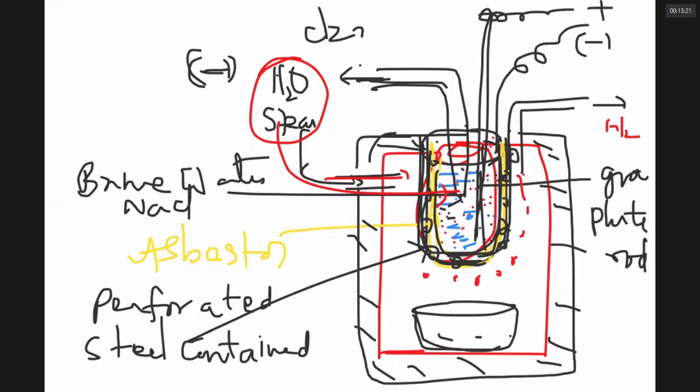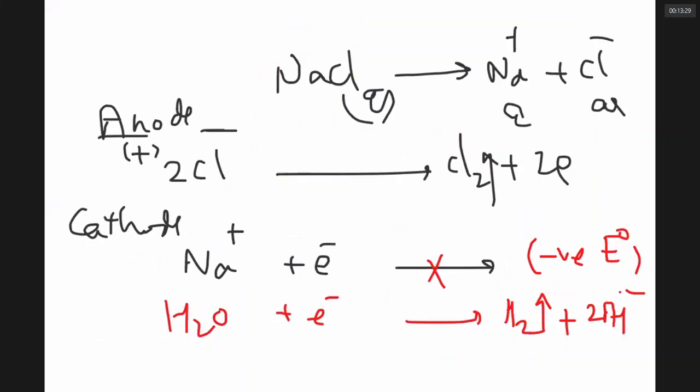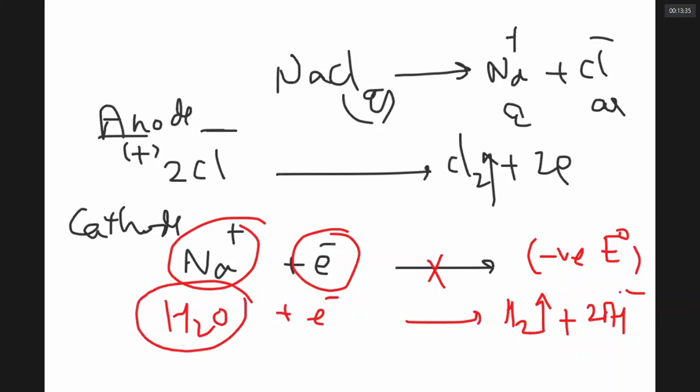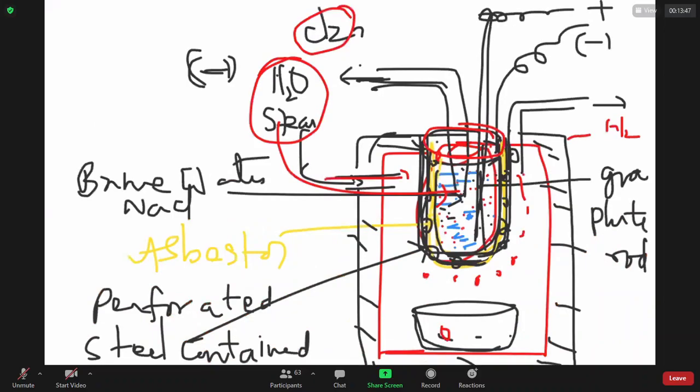So from the central U-tube container, you are getting chlorine. From this outlet outside, you are getting hydrogen. Now, this Na plus wanted to take electron. It could not take electron because water has taken electrons. Therefore, Na plus will combine with the OH minus ions to give you NaOH. Can you see that? Therefore, this NaOH is collected in the trough here.